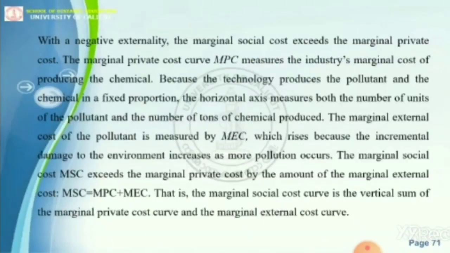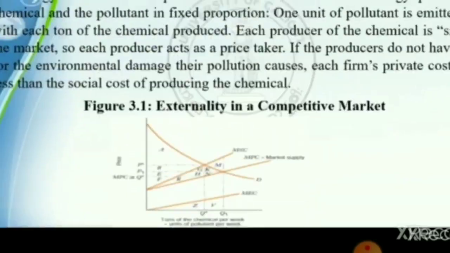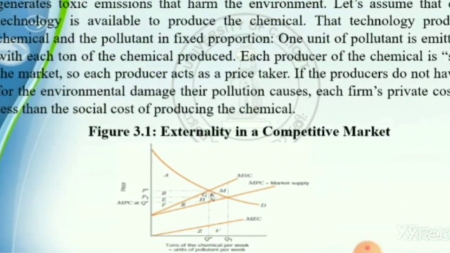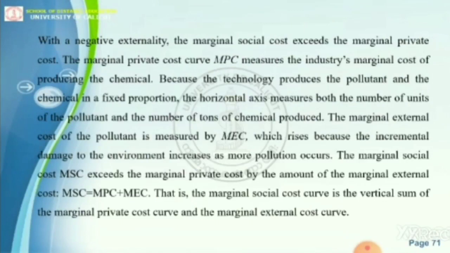With a negative externality, the marginal social cost, that means MSC, the MSC curve, exceeds the marginal private cost. The marginal private cost curve, MPC, measures the industry's marginal cost of producing the chemical, because the technology produces the pollutant and the chemical in a fixed proportion. The horizontal axis measures both the number of units of the pollutant and the number of tons of chemical